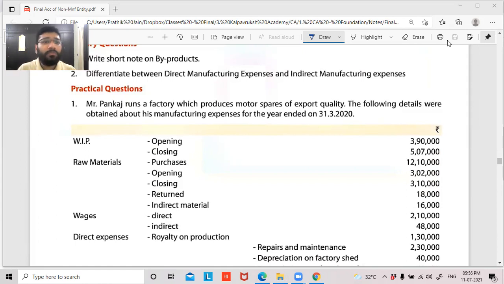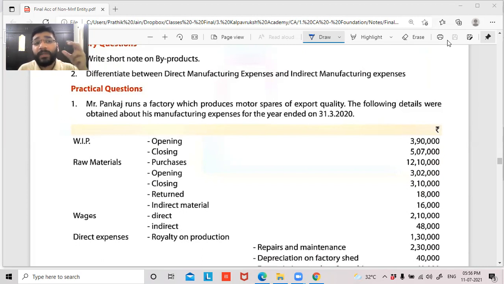Guys, so let's quickly go through what we record in the manufacturing account and the trading account. So guys, in the manufacturing account on the debit side, we begin with raw material consumption. In the manufacturing account, we are dividing cost into three broad categories: that is material category, labor category, and third is other expenses category. So we have material. Material can be of two types further: direct material and indirect material.